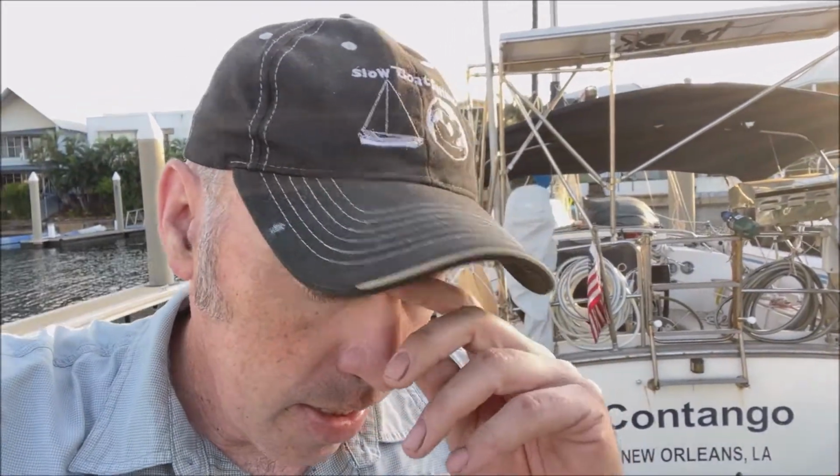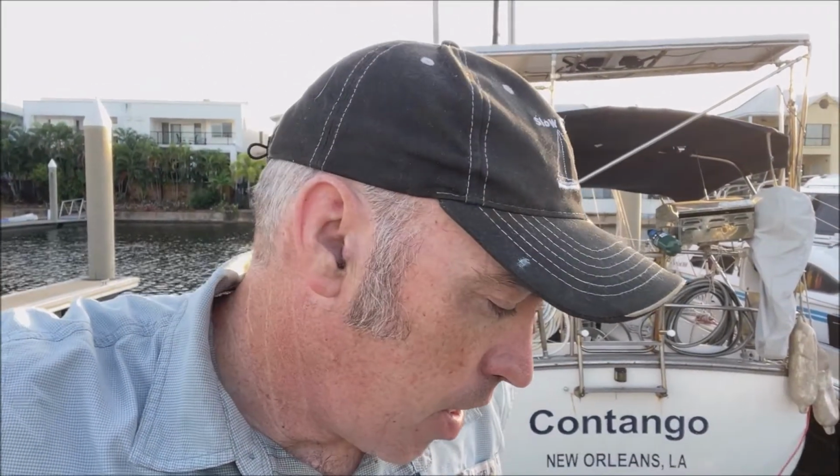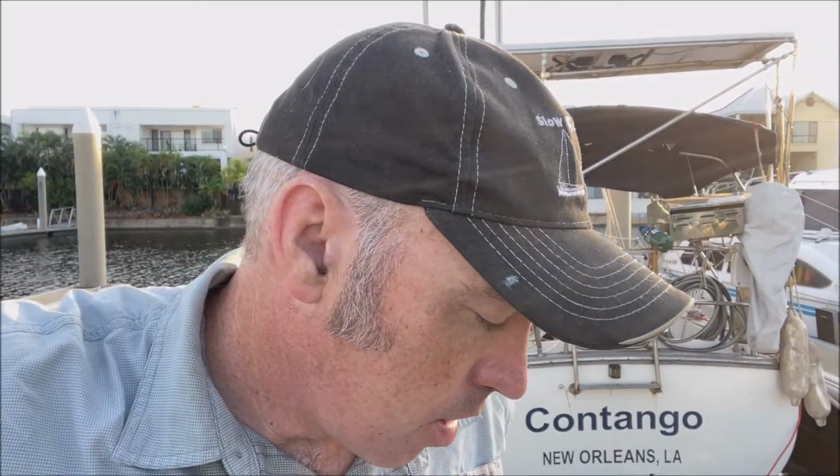So the sail into Tipperary was pretty good. The motor did the work the whole way, and then we've been here several days so far. I think it's going to come out to be about 8 or 9 days here in Tipperary doing maintenance. So the engine maintenance, we have some of it done. The oil change, I'm in the middle of changing the